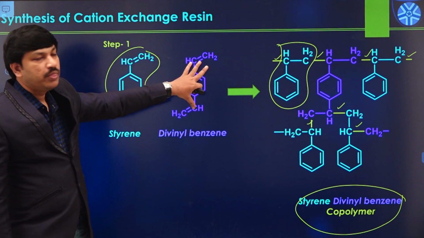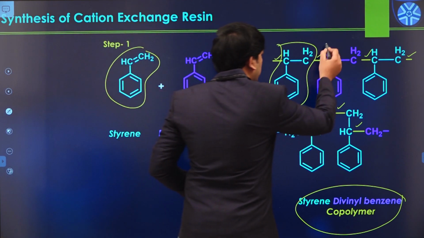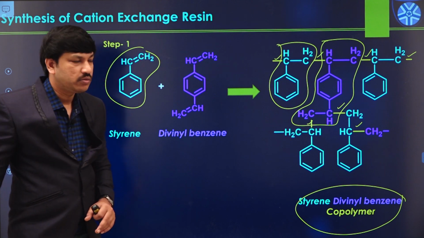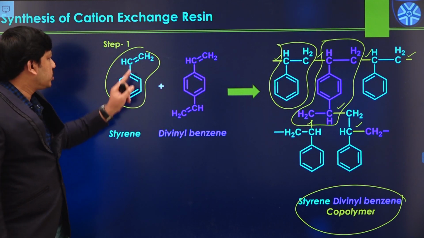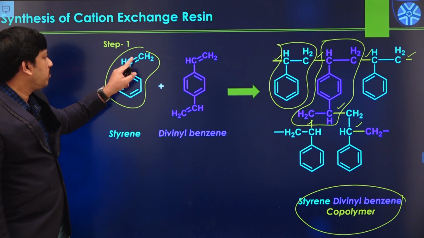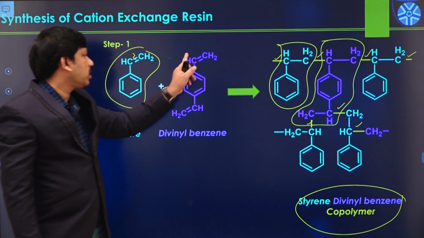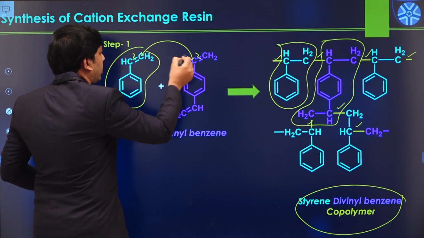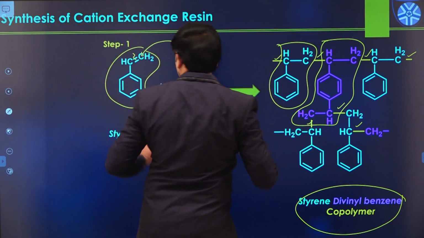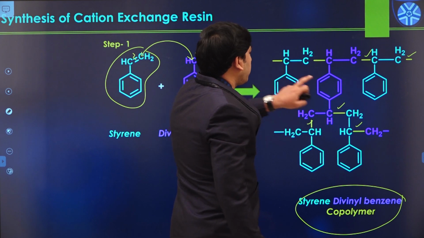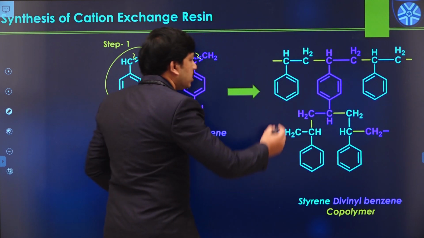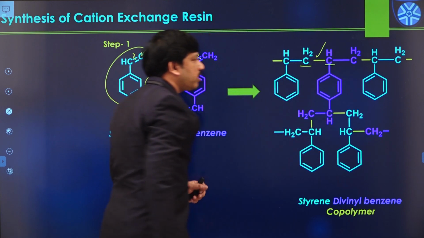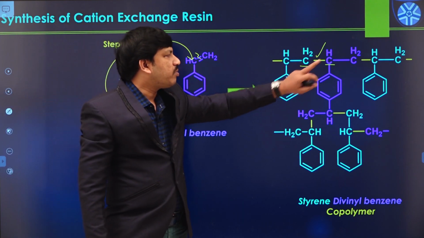And immediately we have a divinyl benzene unit like this. But what is the difference between these two and that two? Here we have a double bond, CH double bond CH2. But this bond undergoes cleavage, and even this bond also undergoes cleavage. Between this carbon and this carbon, there is a new bond, represented by yellow bonds like this. So this is the styrene carbon atom and this is the divinyl carbon atom. Between these two there is a new sigma bond formation.